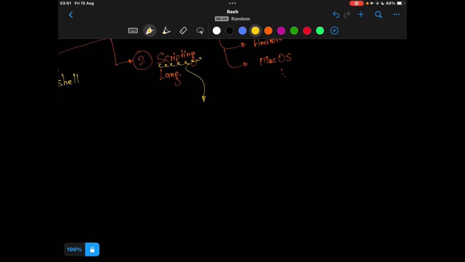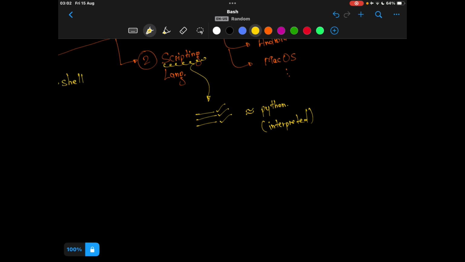Bash runs line by line: this line gets executed, then this line, then this line, which is very close to what happens in Python. Python is an interpreted language, and similarly bash is also an interpreted scripting language.